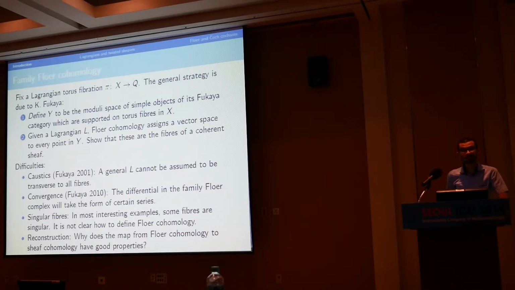So the next difficulty doesn't appear in this case of the torus, which I was discussing earlier. But it appears when you look, for example, at the K3 surface or the quintic threefold, which is that in reality you rarely encounter symplectic manifolds which have Lagrangian torus fibrations. In practice, the fibration has some critical fibers, some critical points which correspond to singular fibers, and we don't know how to define Floer cohomology for singular fibers.